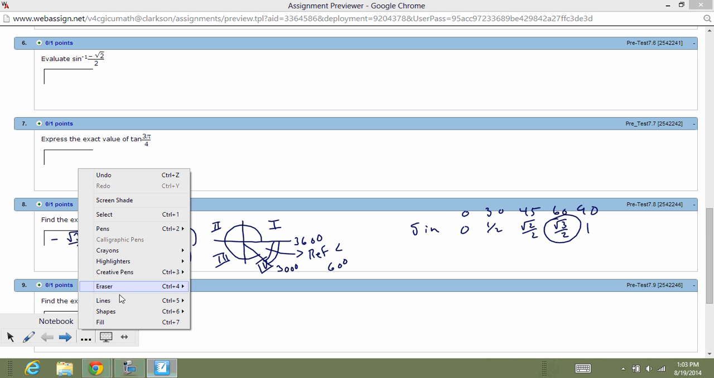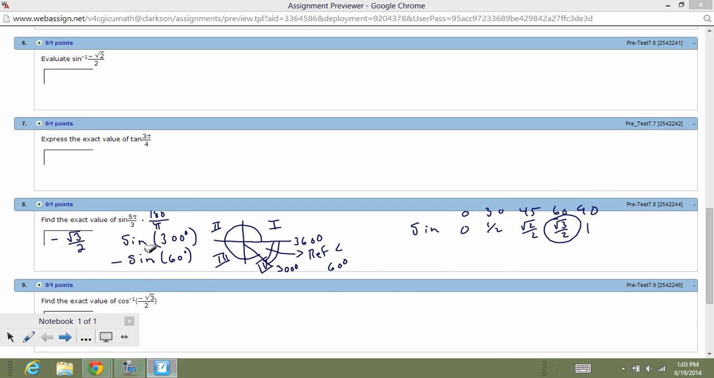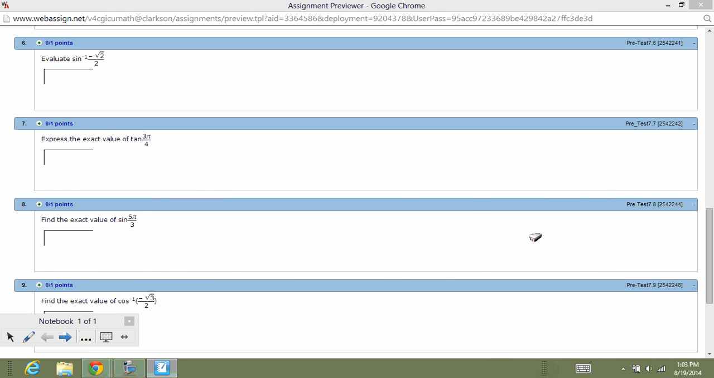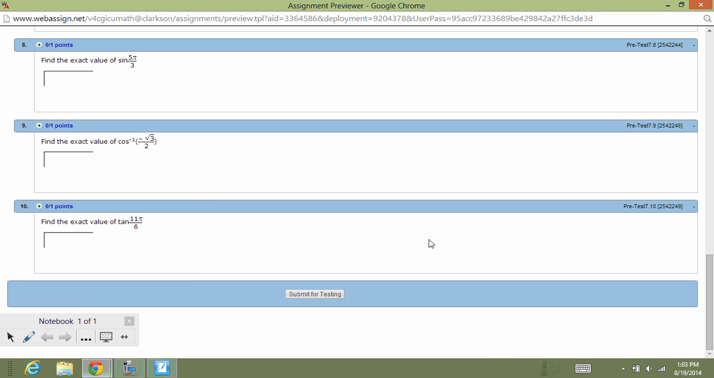And so we'll clean this up and get to 9 and 10. Slide up the page a little bit here. Find the exact value. Okay, now here again, we have a cosine inverse of a negative square root of 3 over 2. So if we take care of the reference angle first, right, so think about cosine,